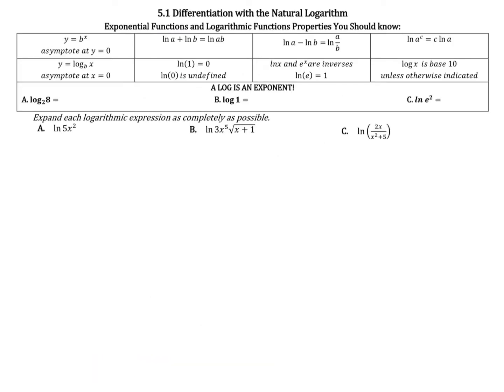So in previous courses, you have worked with the common log, log, with different values, different bases, and you have worked with natural log, which is the inverse of the function e to the x. In calculus, we really only see natural log show up in a way that makes any sense for us to be using in calculus, so we will eventually talk about how to convert between the common log, log, and natural log. But for purposes of what we're going to do in this first lesson, we are going to talk about